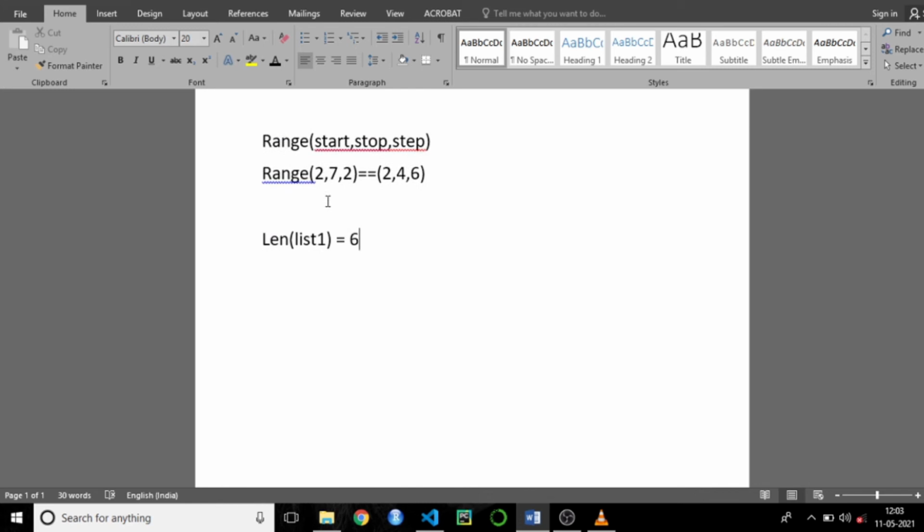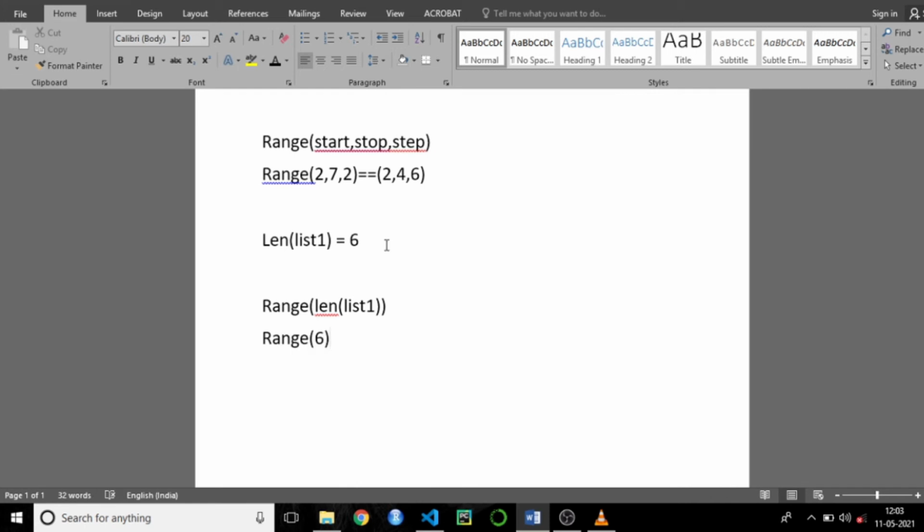If you specify the length of a list in a range, that is range of length of list 1, what this internally does is first get the length of list 1. The length of list 1 here is 6, so it is range of 6.